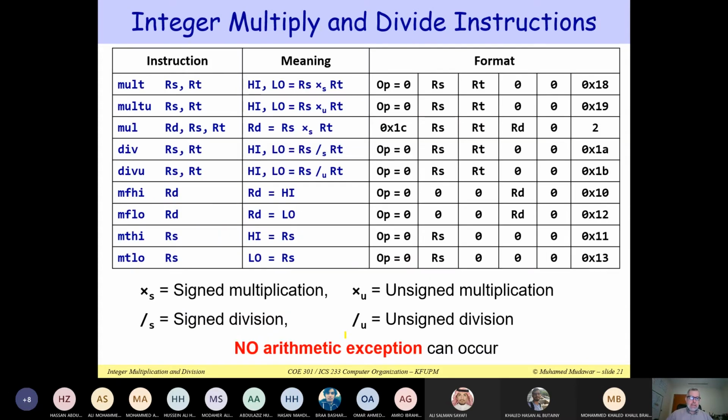This is a summary of these instructions. We have mult and multu. Notice that they have the opcode equal to 0. They are of the R type. We multiply RS with RT. We don't write the result into RD. Notice that RD is equal to 0, indicating that the result here is not written into RD. In fact, we write